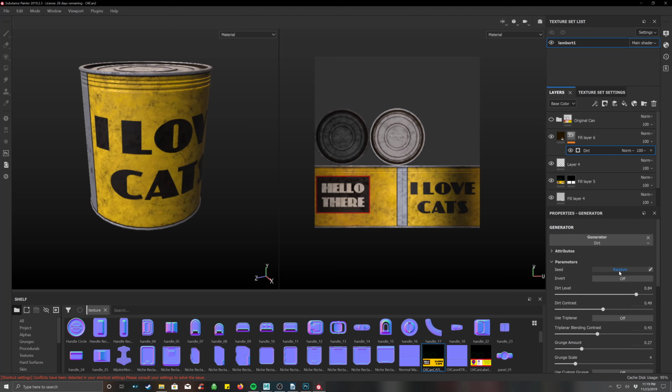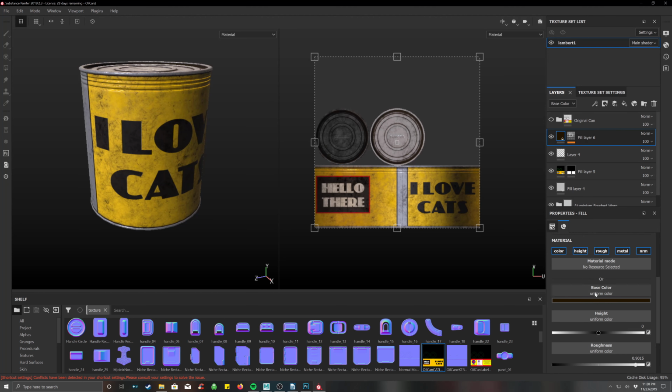You can randomize the dirt. So maybe you wanted kind of a bit darker dirt, and then